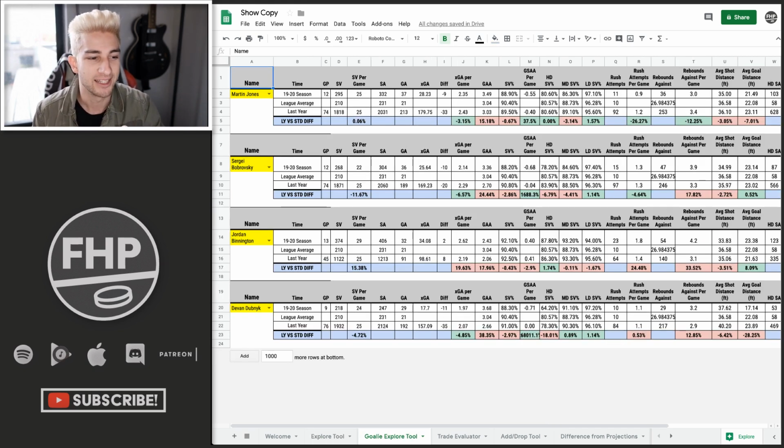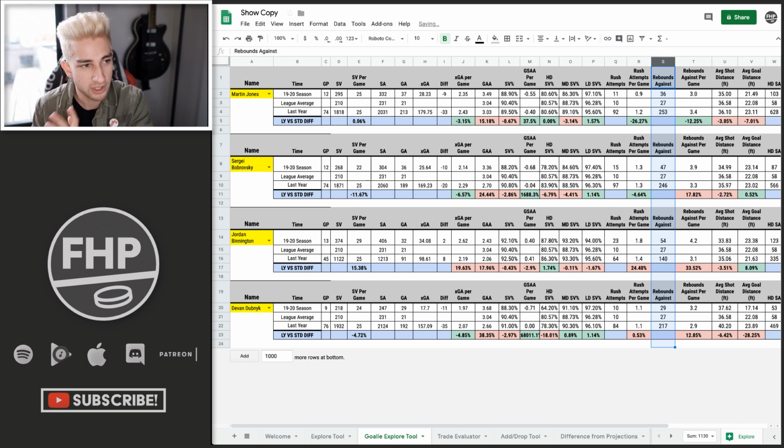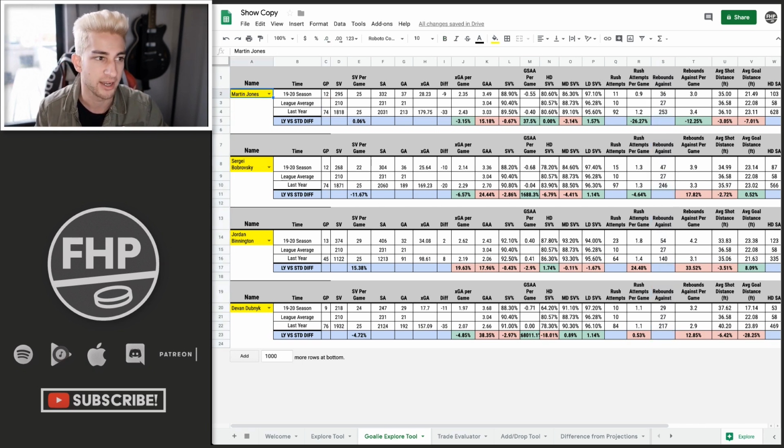Now, the Goalie Explore tool. I'm excited about this one. So we built this one out. Finally, we got goaltenders in. People last time were asking about goaltenders, and we finally were able to build that in for you. So here's what it is. It has all the goaltenders, and it has the 19-20 season, the league average for this year, and last year's numbers